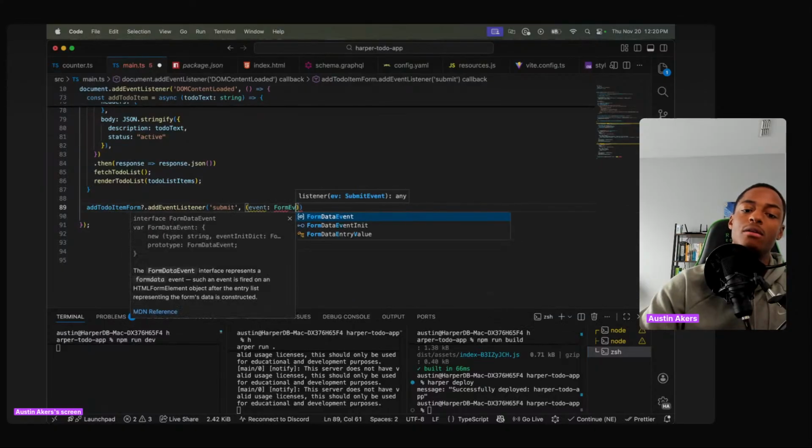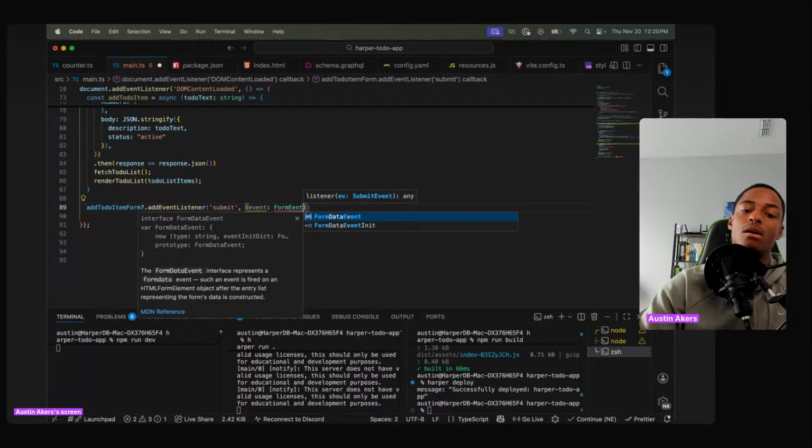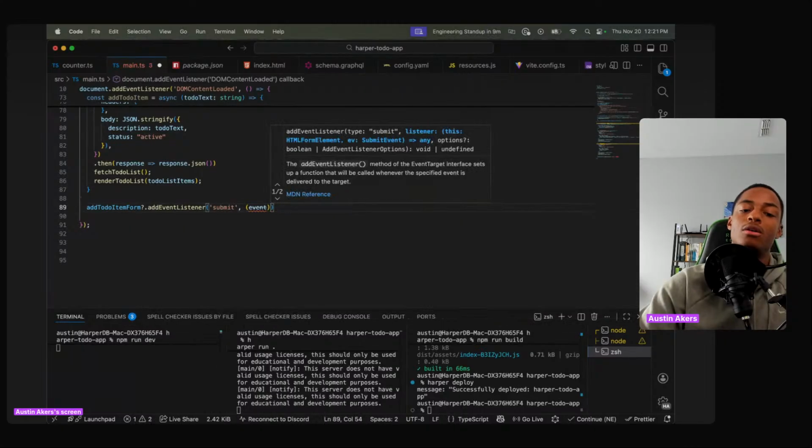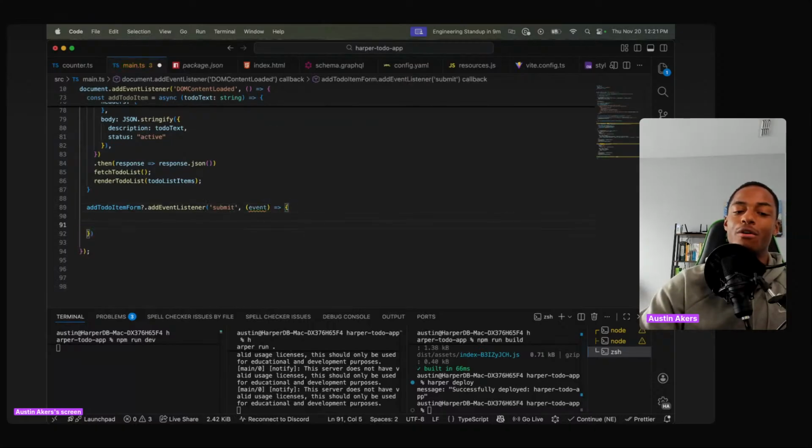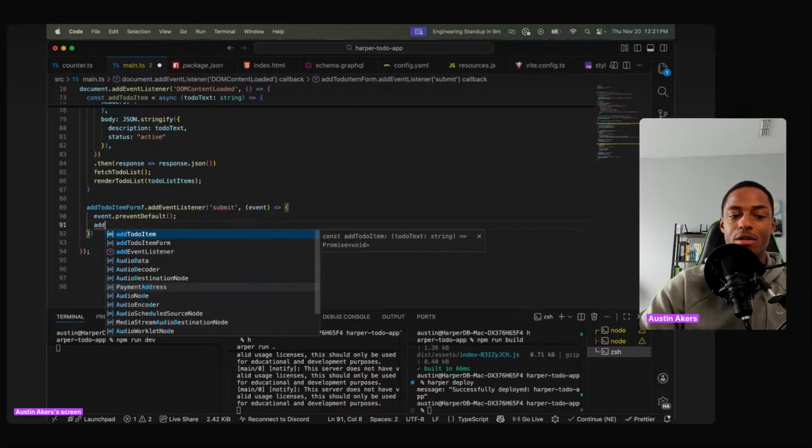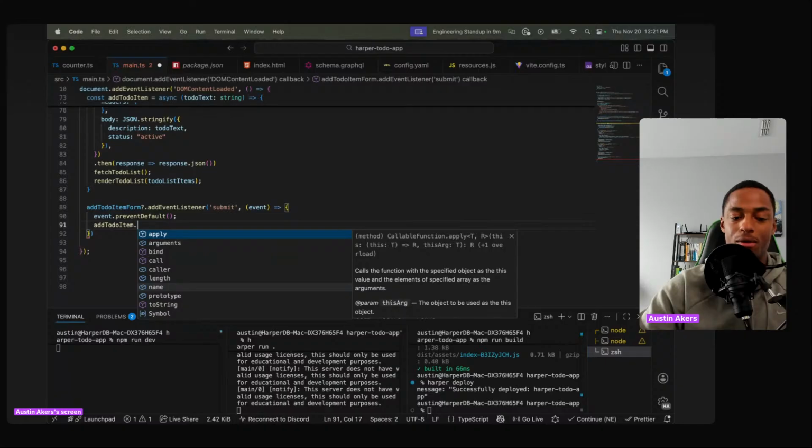Is it form event? Let's see if it'll infer it for me. So event dot prevent default, because we don't want our page to refresh. We don't want to have that default behavior there. And then I think we can get, I feel like this is excessive, but I'm pretty positive we can get our input from our form. So if we go to the add to-do item dot form,